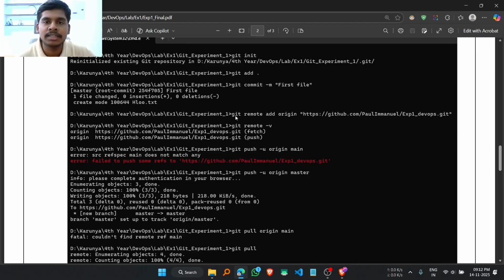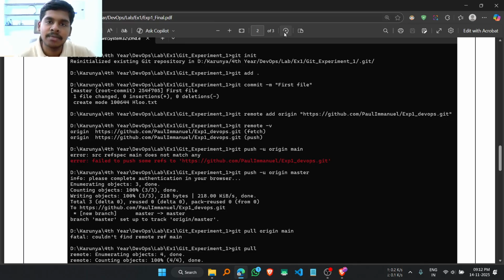We are going to connect this local folder to our Git repository. How are we going to connect it? We are using this command git remote add origin. So git space remote space add space origin, and after the space we give our new repository link. This new repository link can be easily fetched, as we are using GitHub. You should have a GitHub account and you should create a new repository. After creating a new repository,